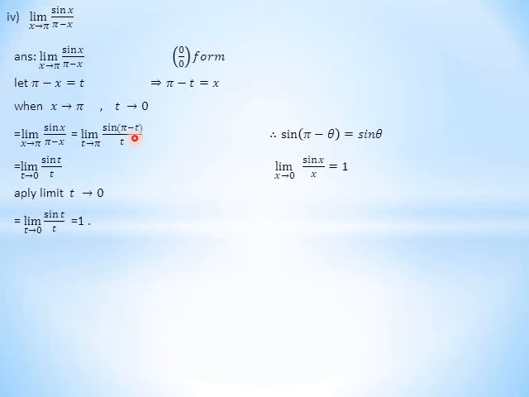Now look at this, sin x is equal to what? Sin of pi minus t, because pi minus x is equal to t. So sin of pi minus t is what? From allied angles, sin pi minus theta, sin pi minus t. This is an allied angle, chapter number 10, first year. Sin pi minus theta is equal to sin theta. Sin pi minus a is equal to sin a. Sin pi minus t is equal to sin t. So sin t upon t. Now by the formula of sin box upon box, it will go to 1.